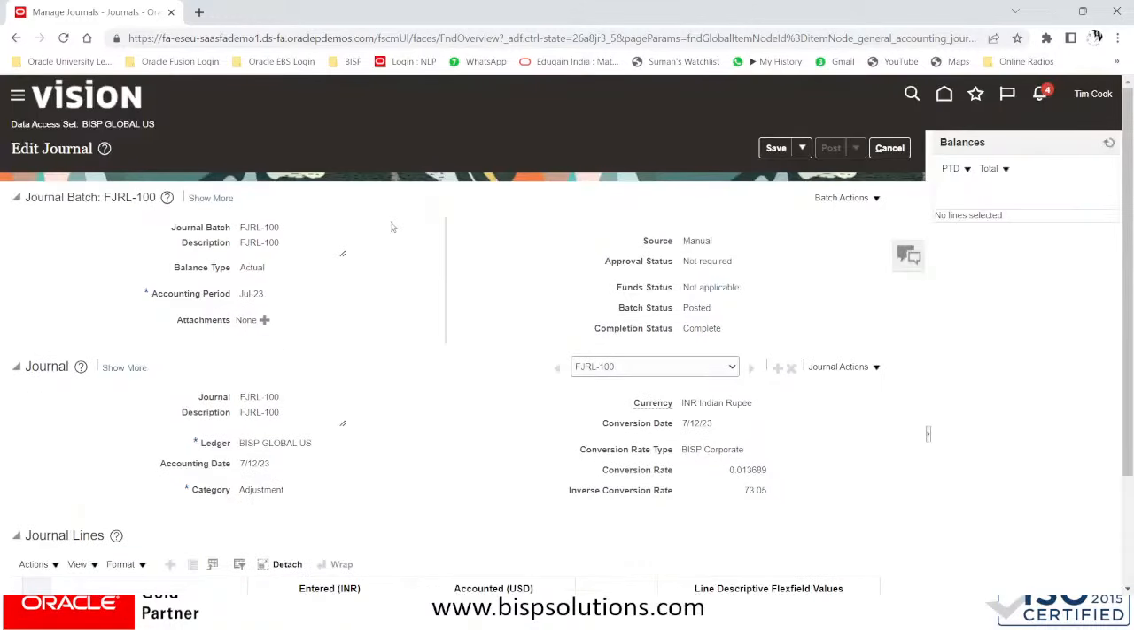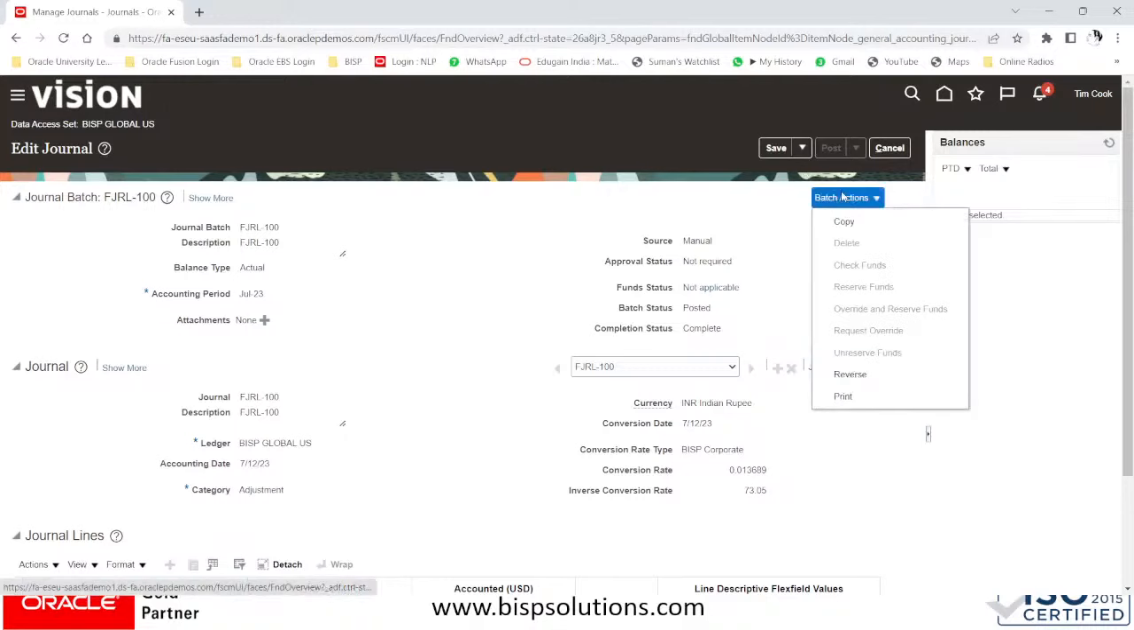If you have multiple lines, so multiple headers, you can do the reversal from here also. Multiple headers can be reversed using the header portion. Since we have used only one journal, one header and one line, but in the batch, if you have multiple headers, a single batch reversal will reverse all the lines which are under that particular batch. So to reverse that, select the reverse,